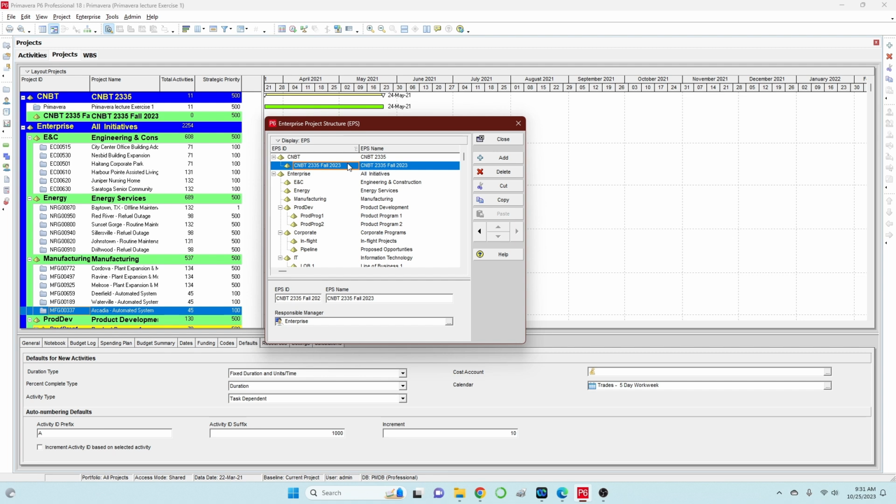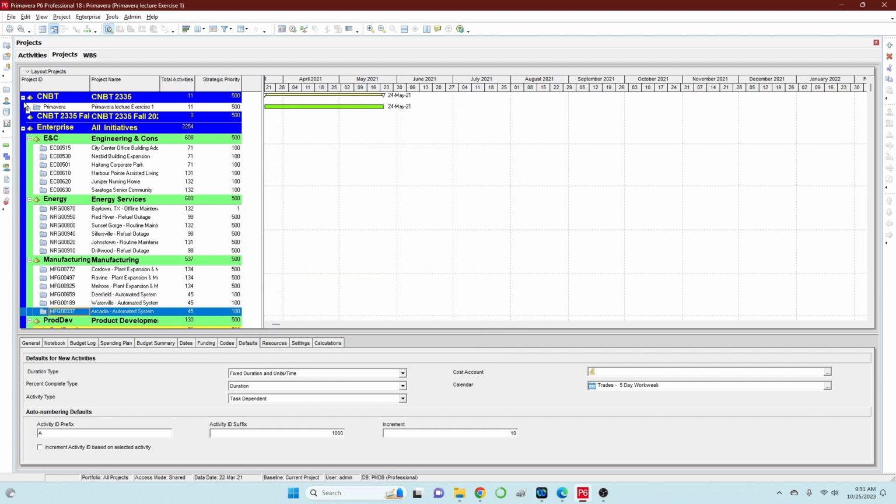So in this case, because I originally created a CNBD here, if I want this to be a first level EPS, what you need to do is just click this arrow to the left, so that it will move that and align that to all of those enterprises in the level 1 categories. So once you created that, what you do is just exit out, and you will notice when you activate your project